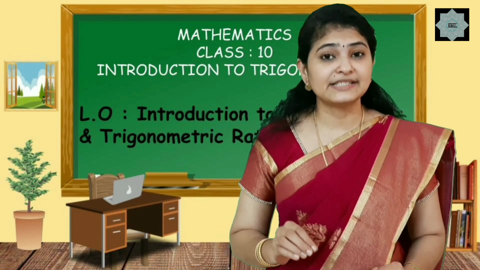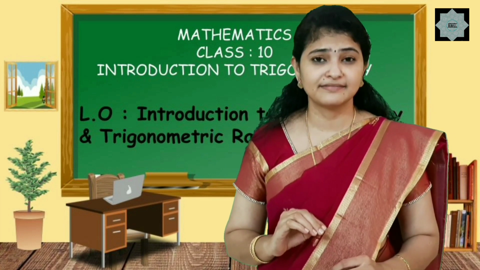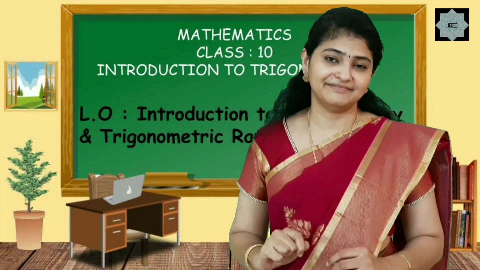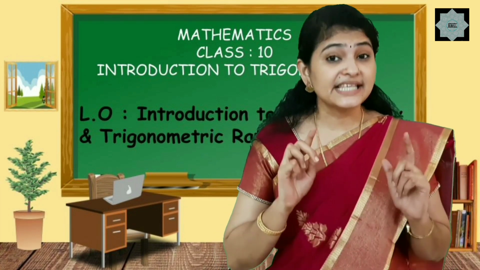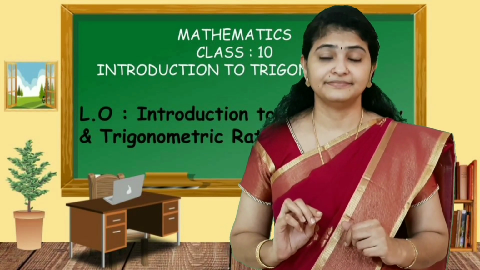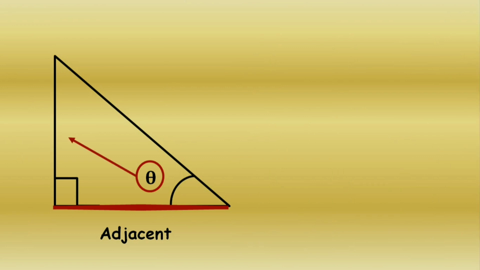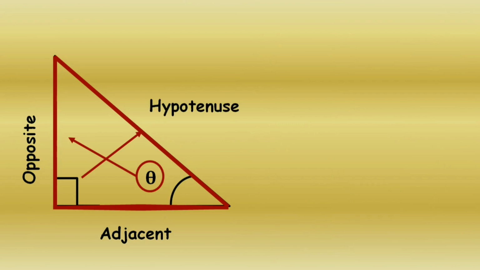Generally, trigonometry deals with one kind of triangle. Can you tell me which type of triangle it is? A right angle triangle. Now we will look at 6 ratios in trigonometry using a right angle triangle. Let this angle be theta. This will be the side adjacent to theta. This will be the side opposite to theta. This is the hypotenuse. This is the triangle we will be dealing with to cover most of our trigonometry.